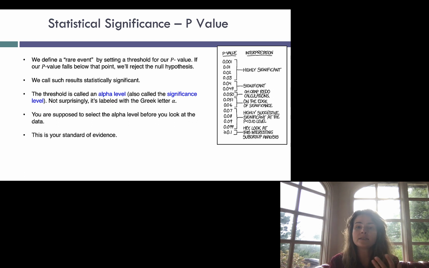We set some kind of threshold for our p-value, and if our p-value falls below that point, we'll reject the null hypothesis, and we'll call the results statistically significant. The threshold is usually denoted as an alpha level, or A, so it's that 5%, 10%, 1%. We're going to call it alpha, the Greek letter, because we love Greek so much. You're supposed to select this alpha level before you look at your data, before you design your analysis, and decide what a reasonable standard of evidence is based on the overall question you're asking, not based